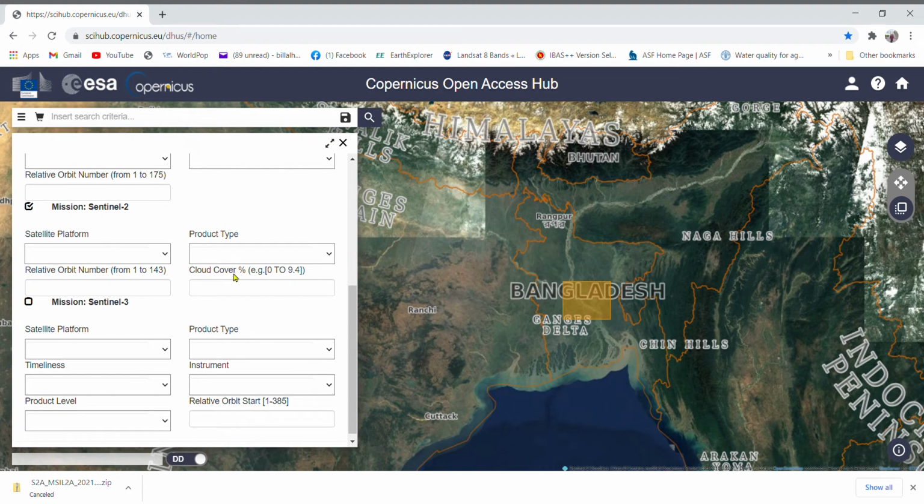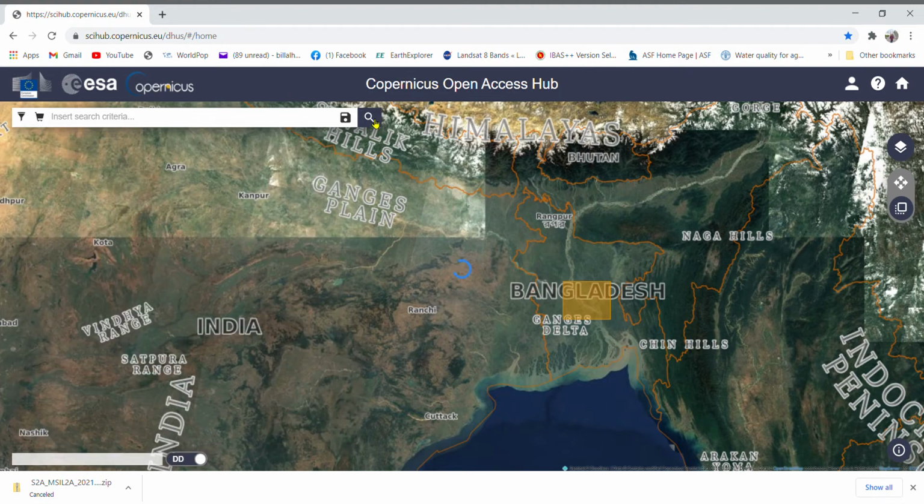And if we want to have good resolution data, we need to use 0 to 5% cloud cover. So just copy here and paste here and make it 0 to 5. Okay, then you do nothing else, just go to the search option.